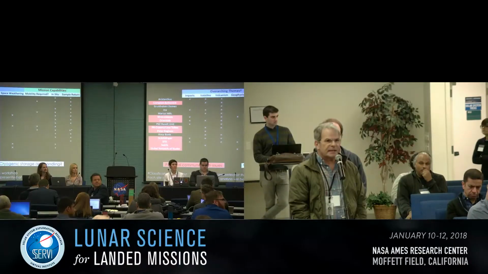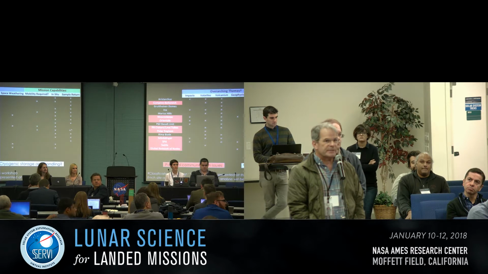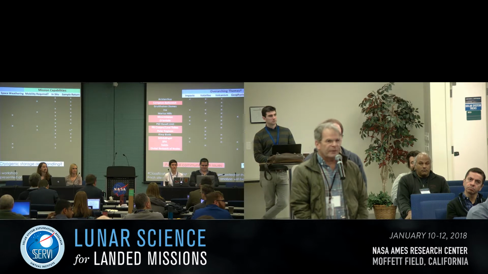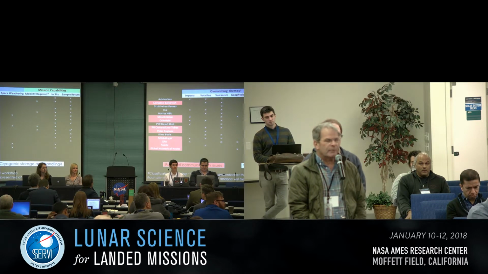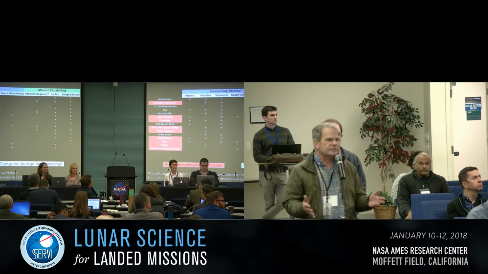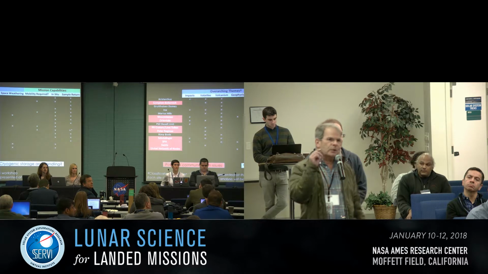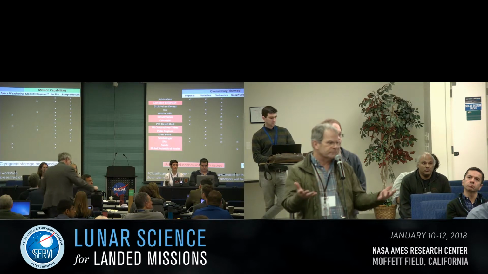I'd just like to ask a question about what volatiles actually means, because there are volatiles in lithologies, and then there are ices. And we think there are ices at the poles; there's pretty good evidence for that. Is there a reason to clarify the differences? I ask because I fear that by going to Aristarchus and looking at volatiles in a pyroclastic deposit, somebody thinks they've checked that box off, and therefore lowers the probability of going to the poles, someplace we've never been and have no samples for, and don't understand. So I'm just asking how we might distinguish between those two things.